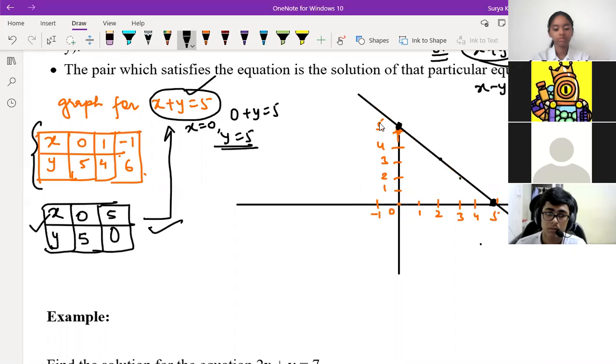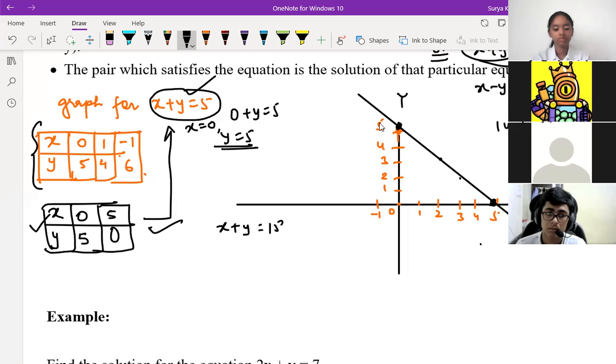Suppose the question is x plus y is equal to 15, sir. x plus y is equal to 15. Okay. You have to go up to 15. Don't take this one. Let 1 unit be equal to 5. You take 5 only, no problem. 5, 10. In the exam you can take 5. It's not sure you should take 1 only. Take 1 unit as 5, but whatever you take on the x-axis, take the same way on the y-axis also.